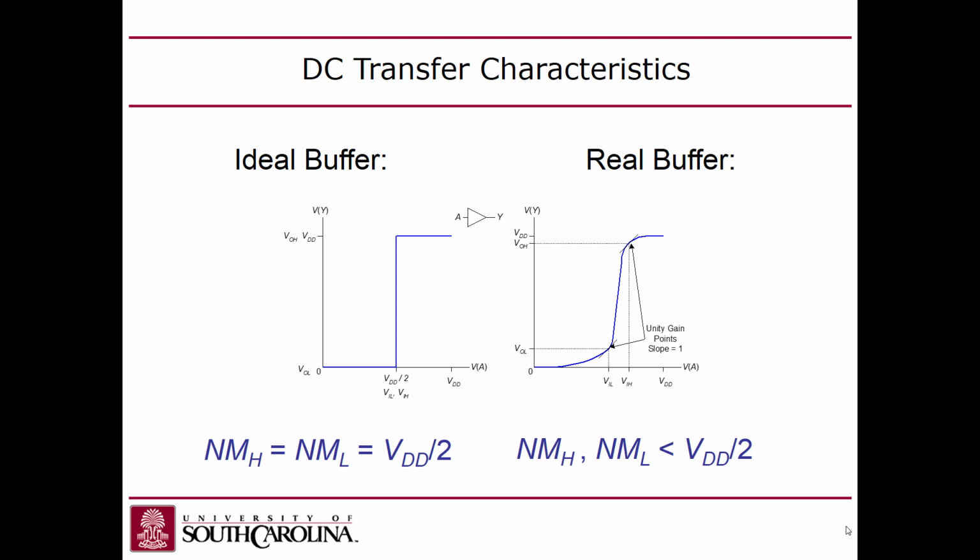Then at that point, you're at VIL and you're at VOL, right? Output low, right? And then as you keep going up with your input, you'll eventually level out your output. You'll hit a point where your input voltage is VIL and your output voltage is VOL, right? Going above that as your input makes little difference in your output, right? So what that basically means is that this gate and all logic gates